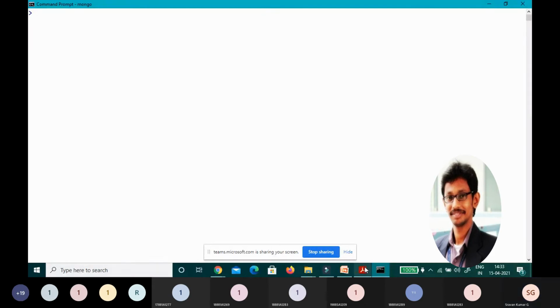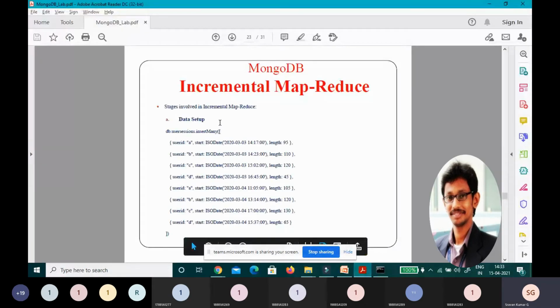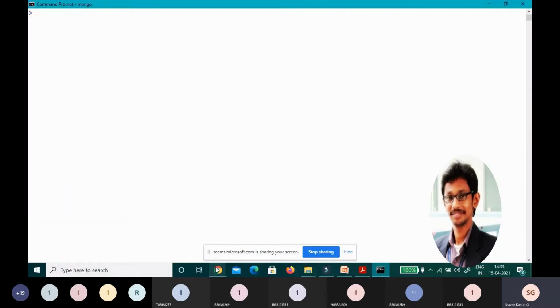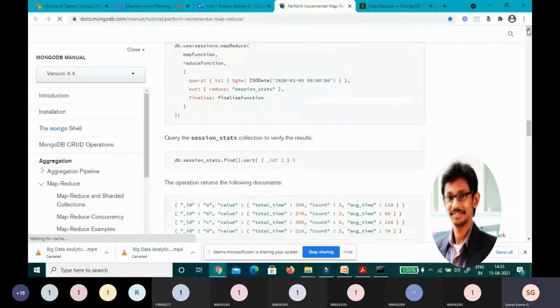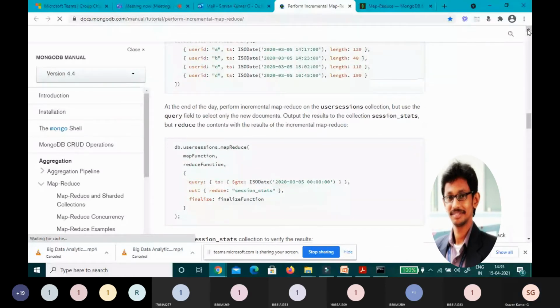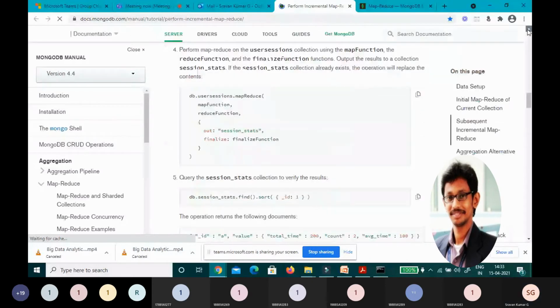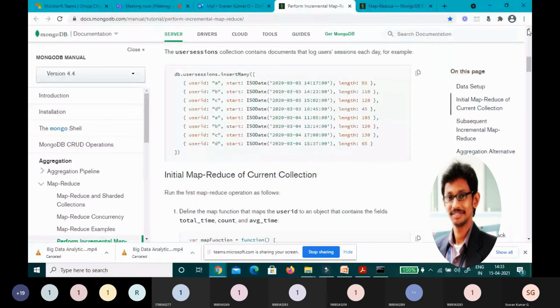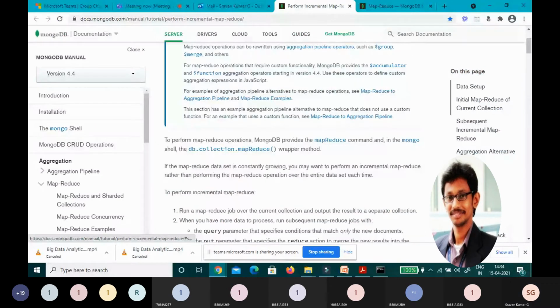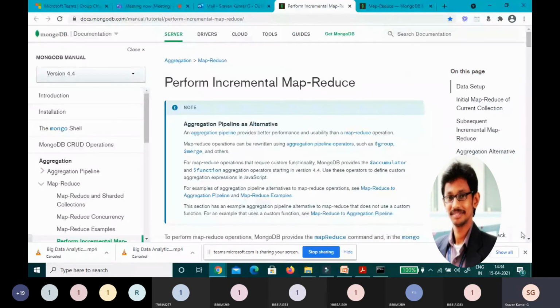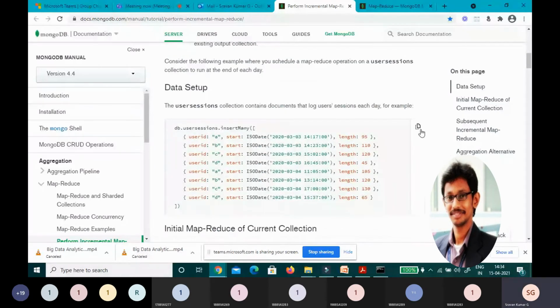Now you see here, what is this user sessions collection? This is from the MongoDB manual. I'm just copying it.